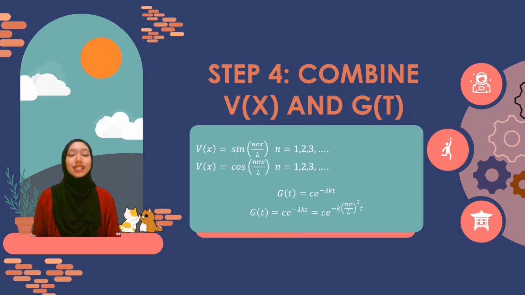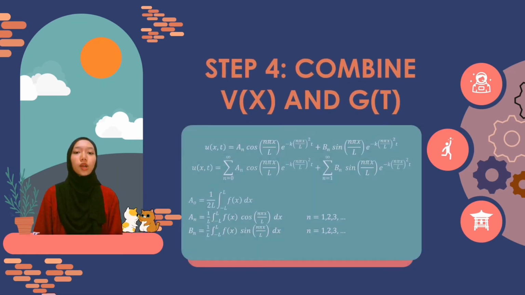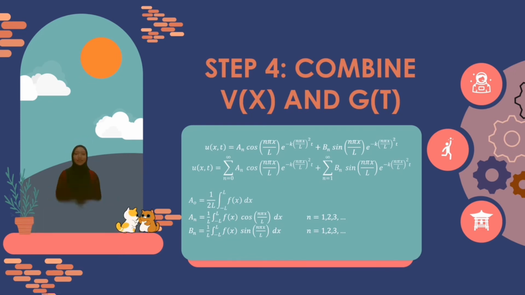Proceeding to the fourth step, combine V(x) and G(t) into the general solution. G(t) originally equals to, by substituting the value of lambda, we will get G(t) equal to. After combining V(x) and G(t), we will get, for the cosine function, we replace the constant with an, while for the sine function, we replace the constant with bn. We can rewrite the general solution into a Fourier series solution. Then we will get the final answer as, with